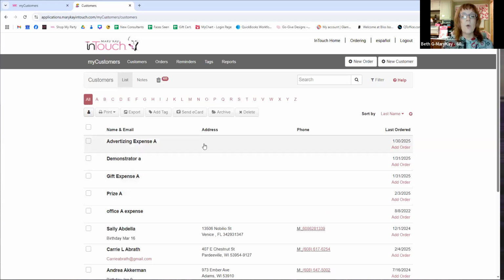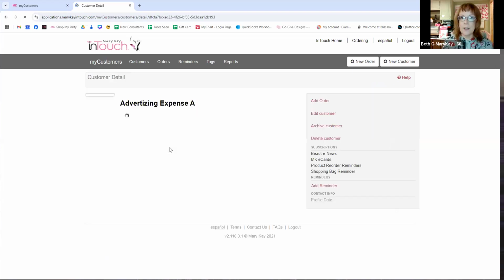Gift expense or advertising expense. This is where if somebody asks me to donate a raffle basket for them, it goes under advertising because I am advertising my business at that event. So that's what I do there. Okay, so now I've got all my customers. They are all in alphabetical order. Let me go in here because I'm going to do an advertising expense for you because I am out of a couple of products in my